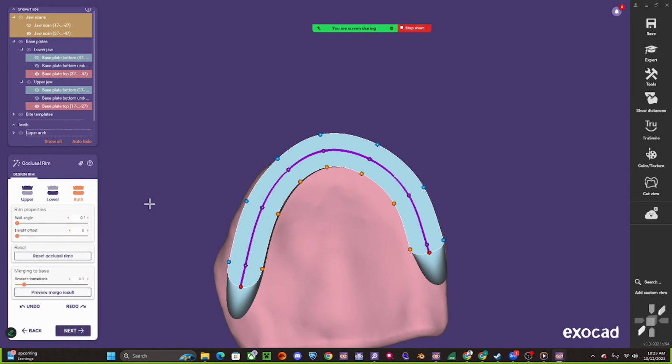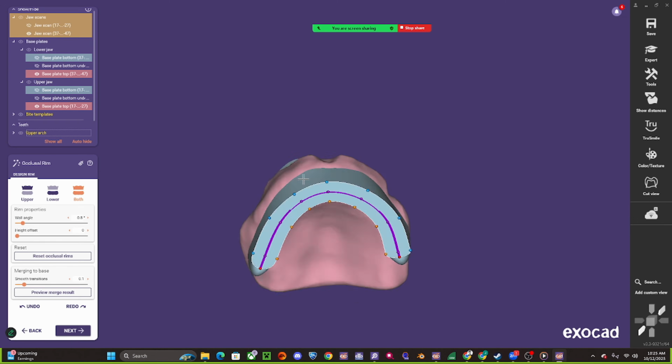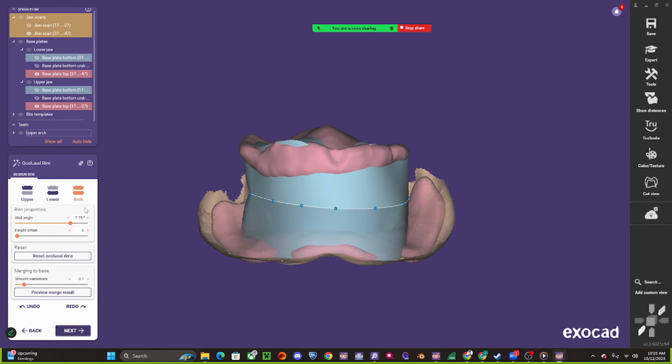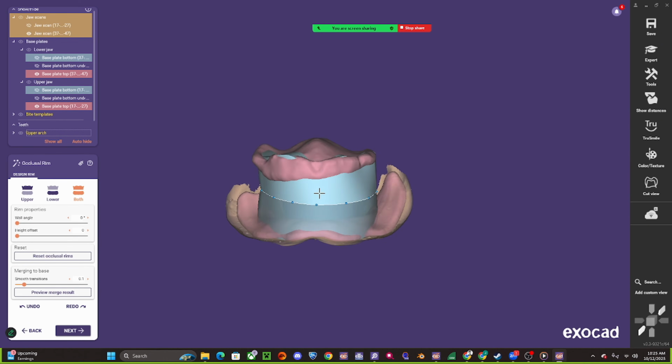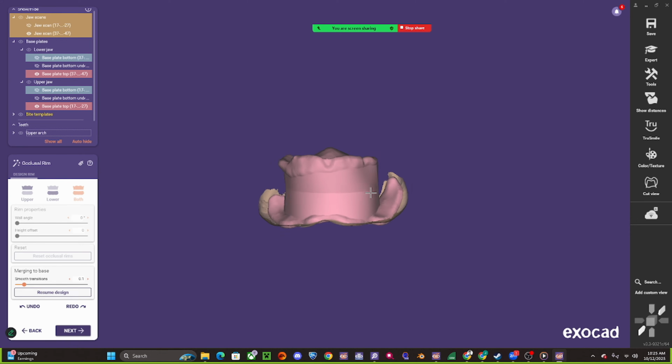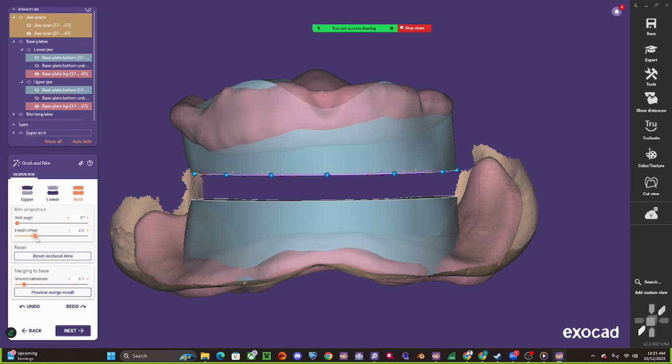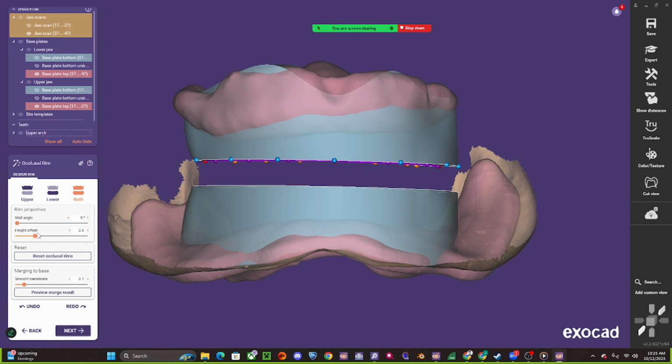And you can adjust these dots just so you can have it how you like it. You can also adjust the wall angle, so if you want to taper that angle in, you can. But let's preview the merge result. It'll look something like this. And then I do an offset for wax. I always like to just offset this about 2.5